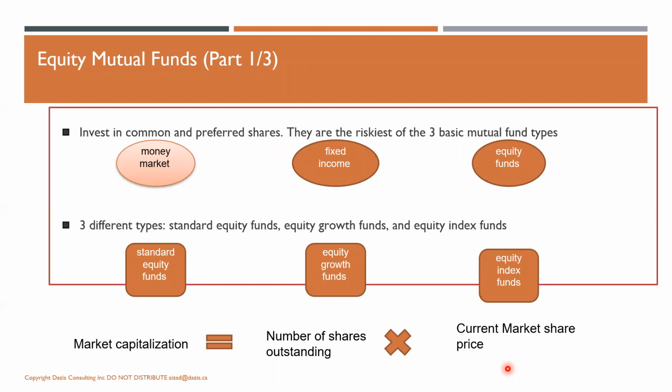So I think we should talk about market capitalization here in the equity funds. I mentioned this to you, so you should remember, it's a very important point. Market cap is equal to the number of shares outstanding times the market price. That is, how many people bought the shares. If there are Royal Bank shares, probably hundreds or thousands of people have bought them. If more people buy it, their market cap will go up. And if the market price goes up, the market cap will also go up.